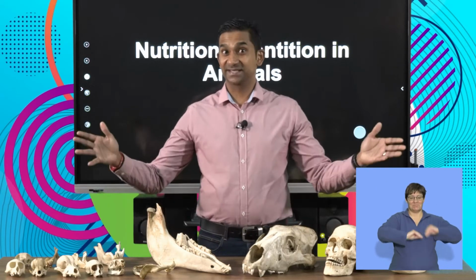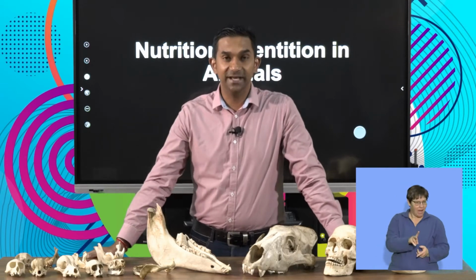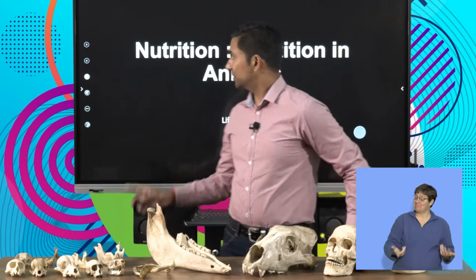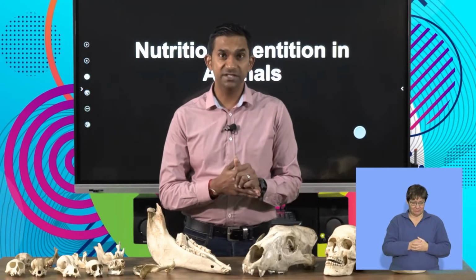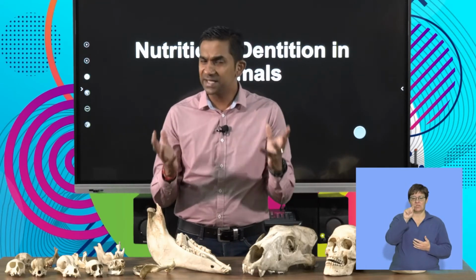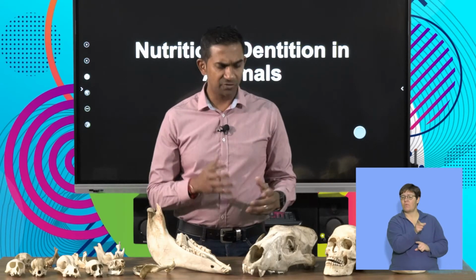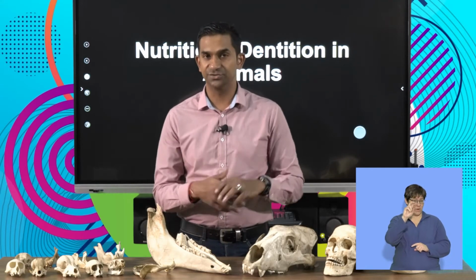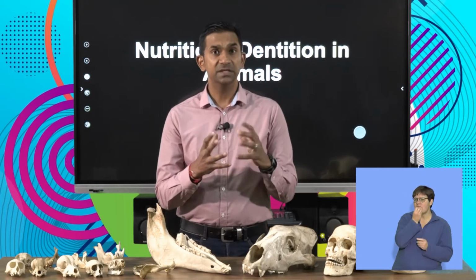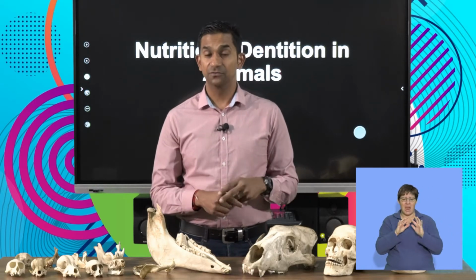I'm sure you guys are excited, and looking in front of me, you're probably thinking, well, what is this guy up to today? Well guys, we're focusing on a section called nutrition. And in our first segment, we're going to be focusing on dentition. And what does that mean? So I've got a variety of different organisms, from herbivores, carnivores to omnivores. And so we're going to look at dentition as a concept in nutrition. And we're going to look at how different organisms have different types of teeth and their arrangement for their specific